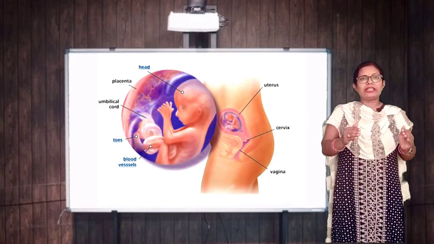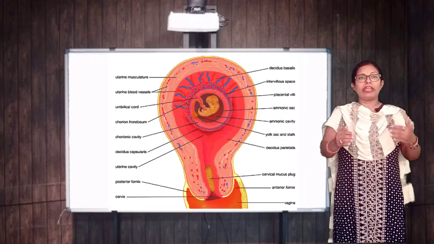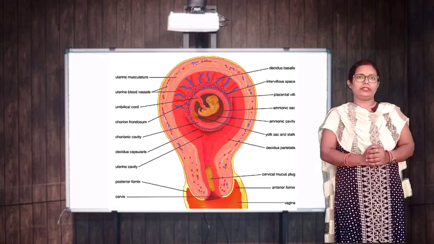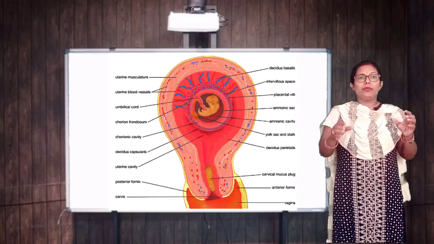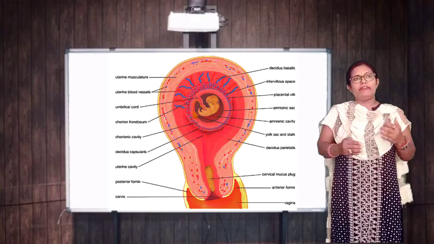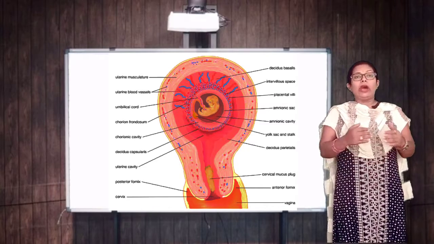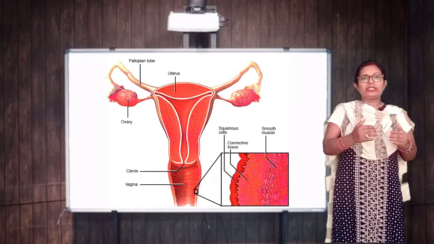So, uterus protects and nourishes the developing embryo. The blood vessels in the thick muscular wall of uterus provide nutrition to the developing baby or fetus. Okay? तो जो blood vessels होते हैं यूट्रस के वॉल में, वो मस्कुलर वॉल होता है यूट्रस का, और इनमें जो ब्लड वेसल्स होंगे वही न्यूट्रिशन प्रोवाइड करेगा फीटस को।